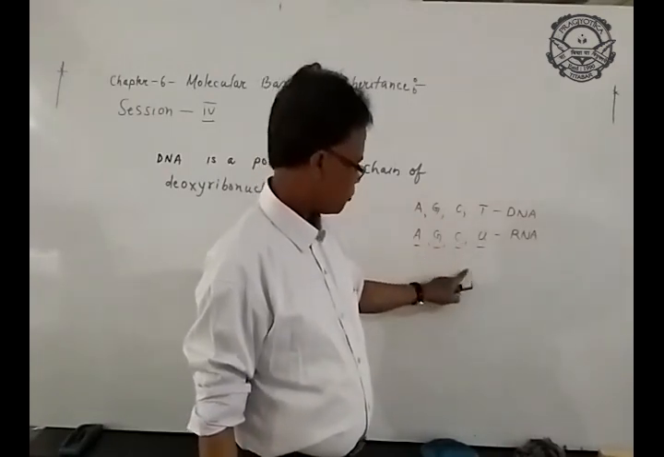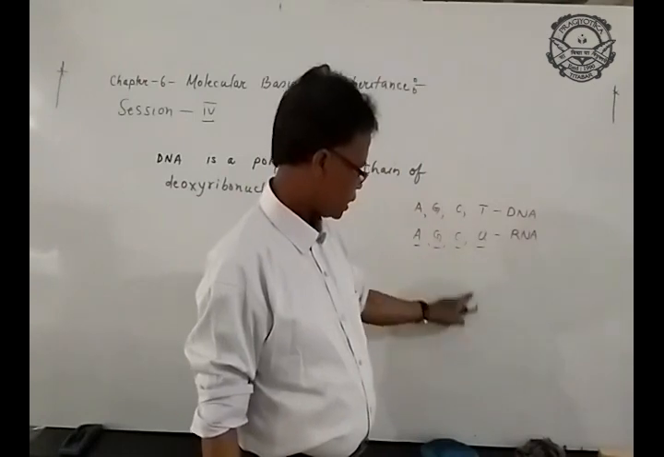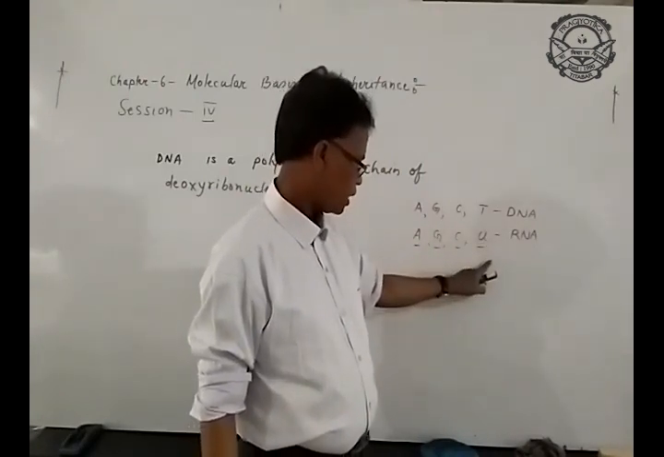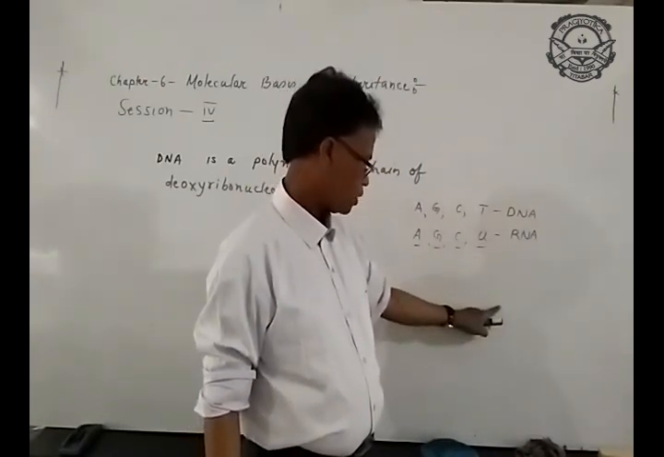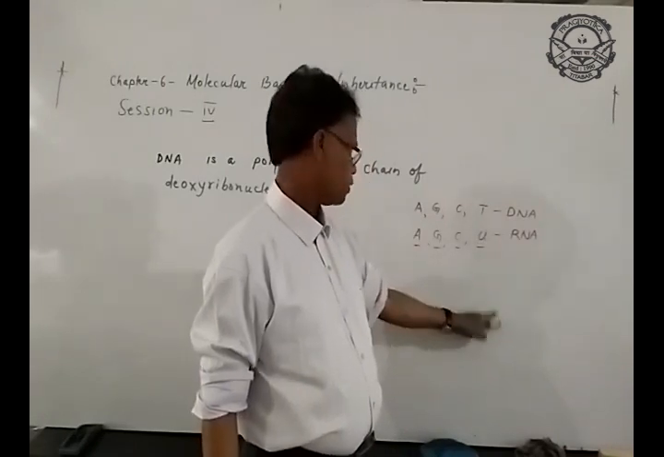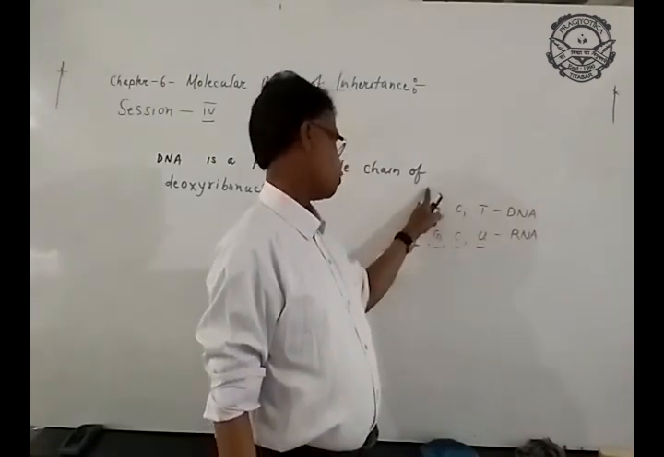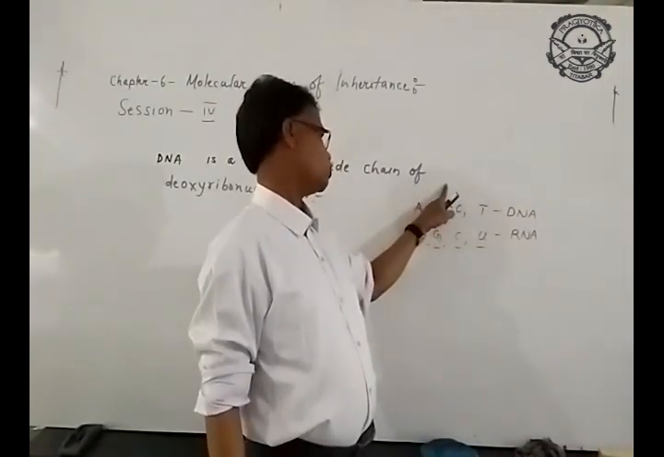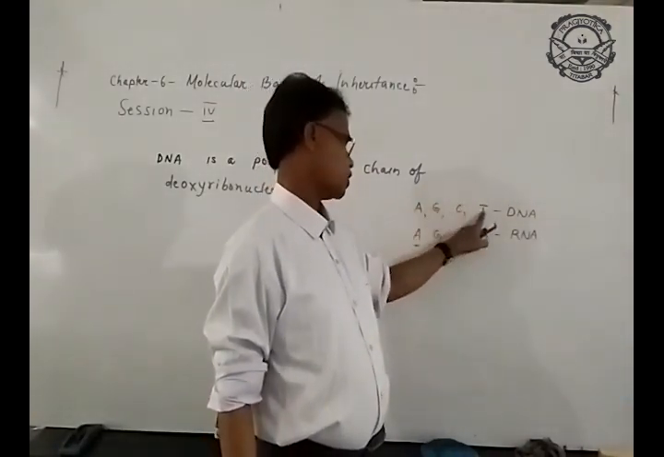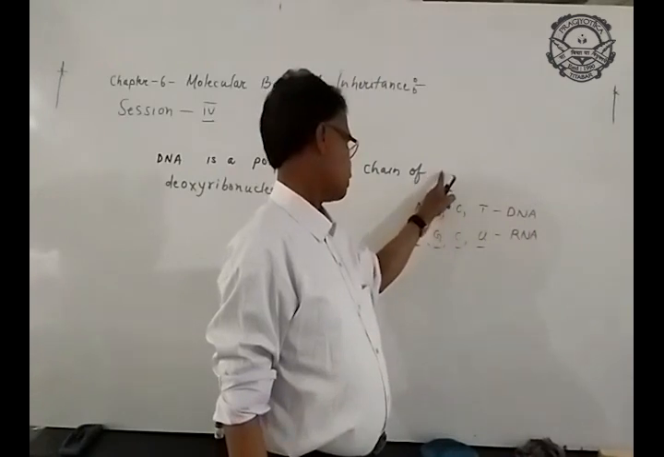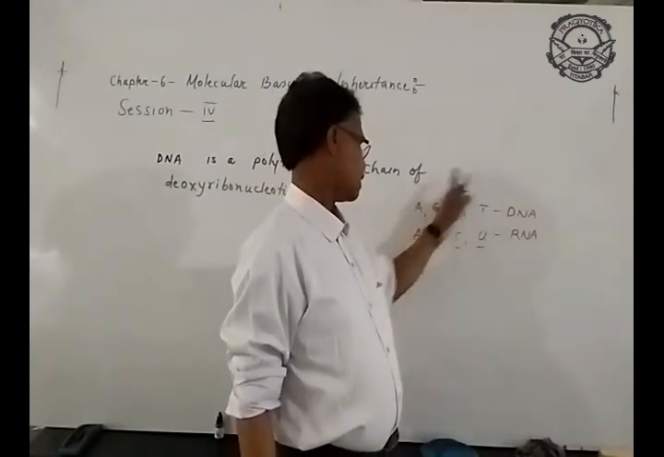Cytosine plus ribose sugar plus phosphate group is another kind of nucleotide. Uracil plus ribose sugar plus phosphate group is another kind of nucleotide. Similarly, adenine plus deoxyribose sugar, guanine plus deoxyribose sugar, cytosine plus deoxyribose, thymine plus deoxyribose, along with a phosphate group, form